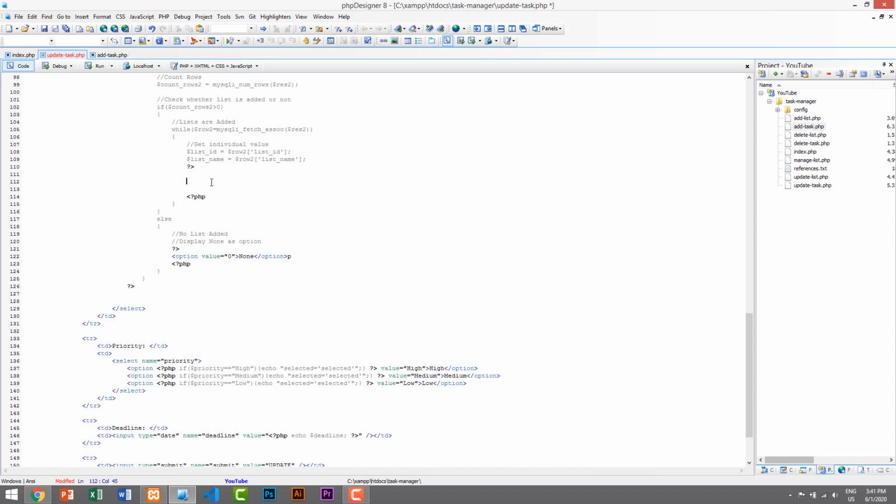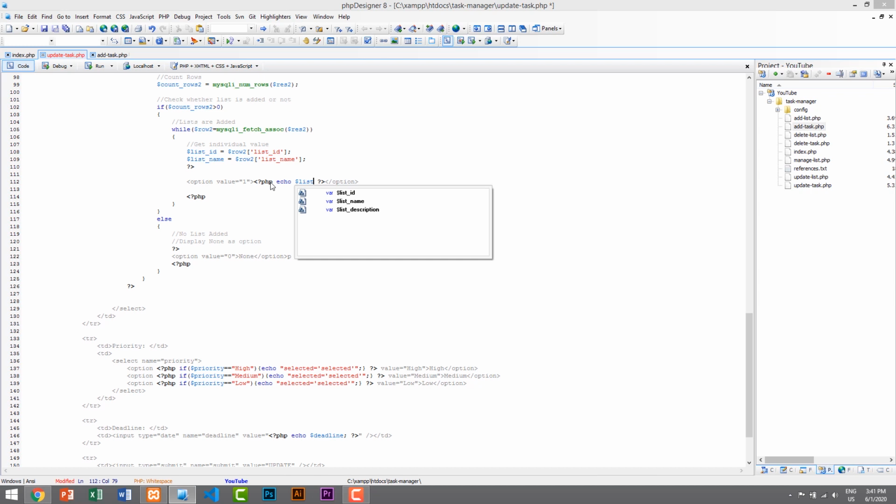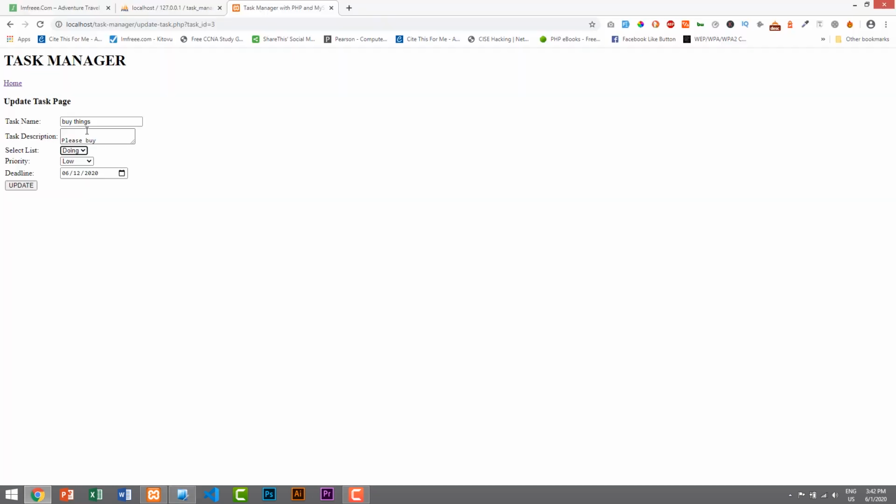So I will cut it and paste it here, and here instead of this we will display from the database, which is echo $list_name, and here we will display list ID, PHP echo $list_id. That's it. Let's save it, and let's go to the browser and let's refresh it, and here we have our list,